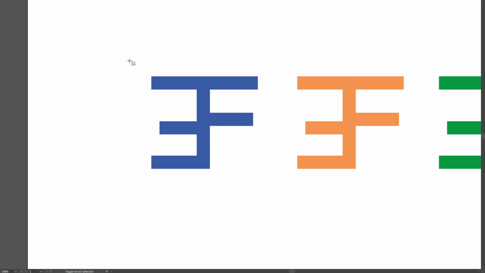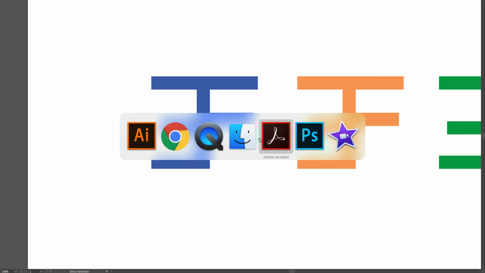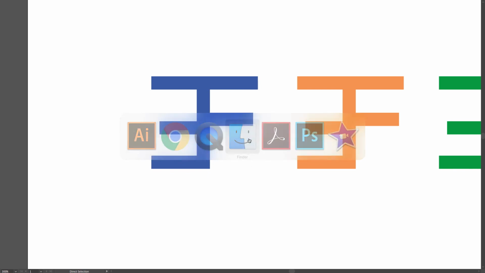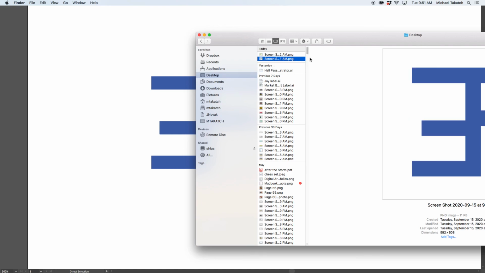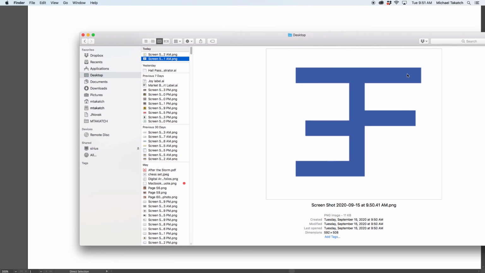So I click on it, and now it lets me draw this box. If I keep the mouse held down, I can hold the space bar, which lets me move this around. Let go of the space bar, and I can adjust it this way, or just hit escape and it'll get out of there. As soon as I let go of the mouse, it makes a picture of it, and the Command tab shows me all the programs I have open. There's the tab key there, and you can see that now I have this piece that I can turn in,